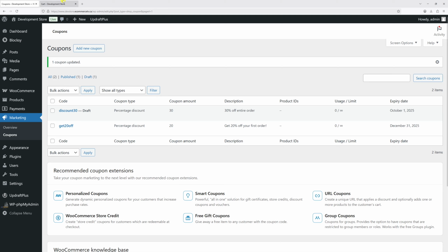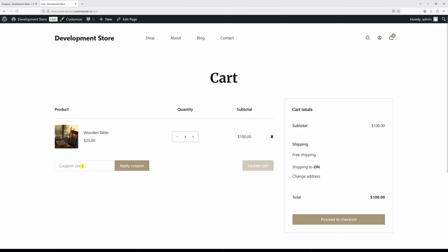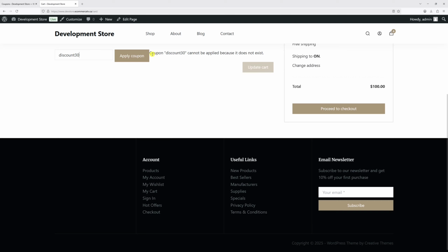Now let's go back to the cart page. Let's try refreshing it. Let's try applying the same coupon code, discount 30, Apply coupon. And as you can see, it now shows the message, coupon discount 30 cannot be applied because it does not